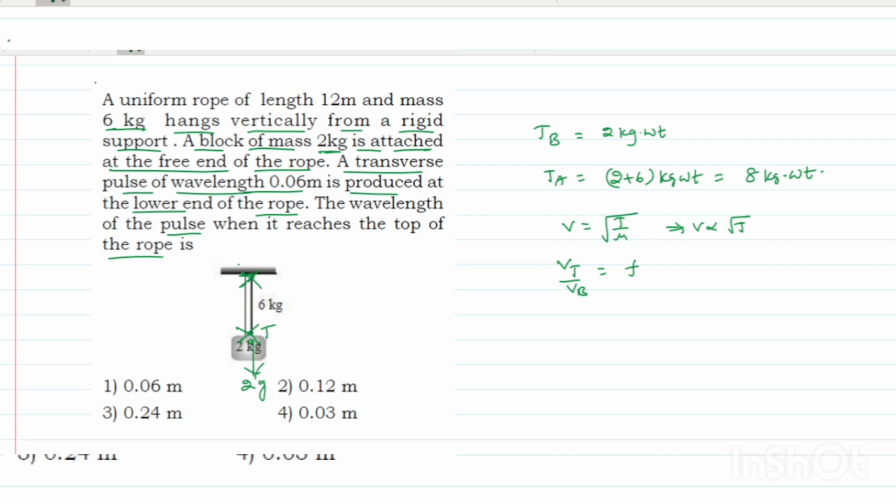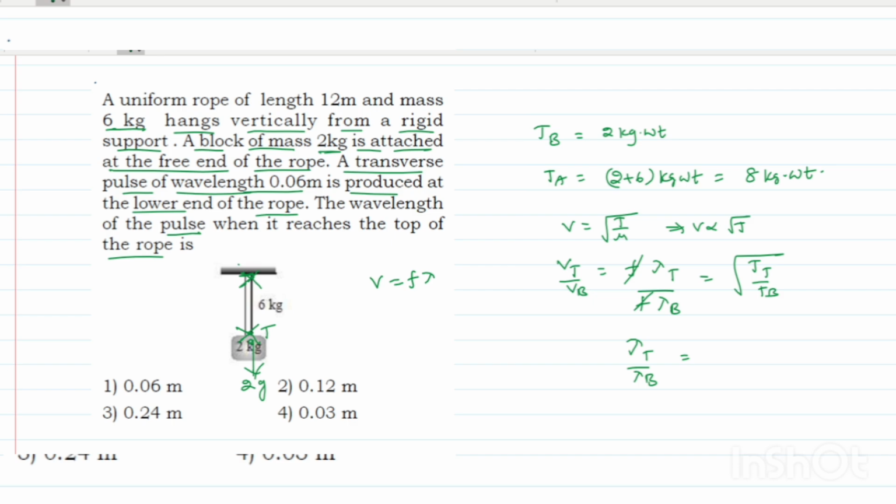Here they are talking about wavelength. The wavelength of the pulse when it reaches the top of the rope, they are asking. So here v equals f into lambda, the velocity of the wave. F into lambda at the top to F into lambda at the bottom will be equivalent to root of the tension at the top to the tension at the bottom. So here f gets cancelled. Now lambda top to lambda bottom will be equal to